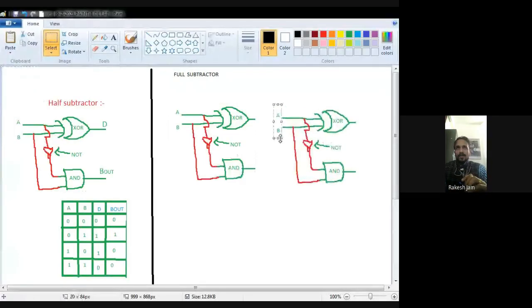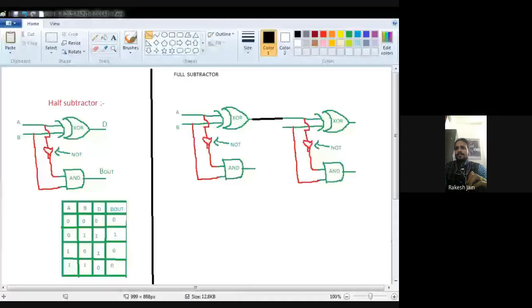So here we will use the same thing. This is 1 half subtractor and this is your second half subtractor.